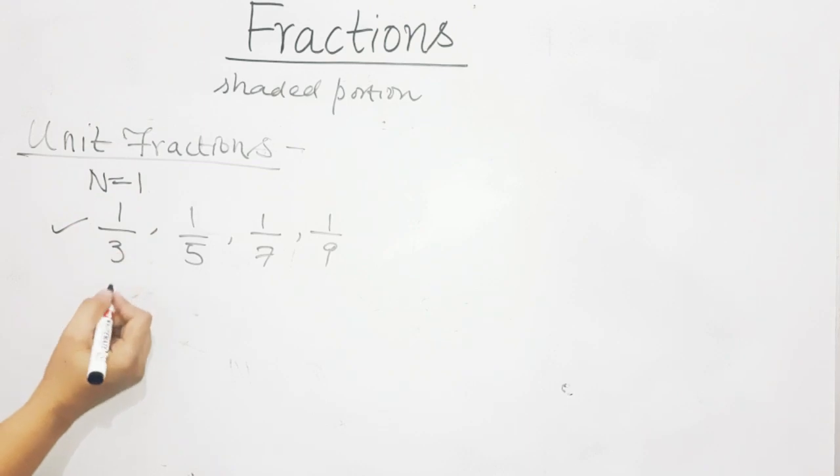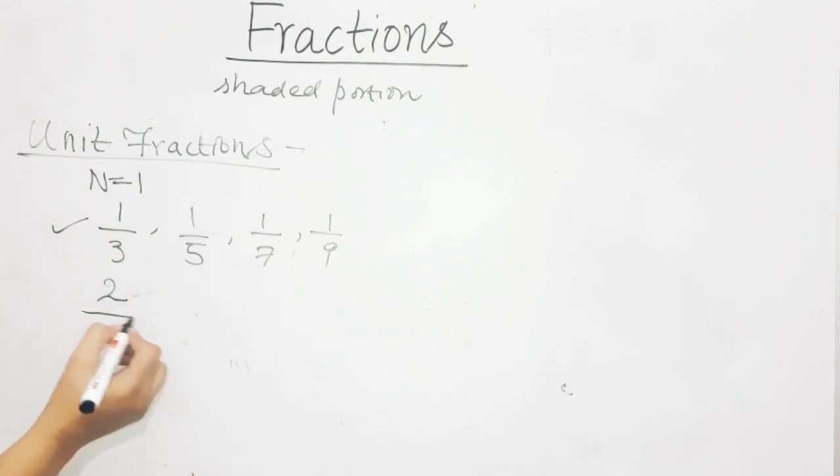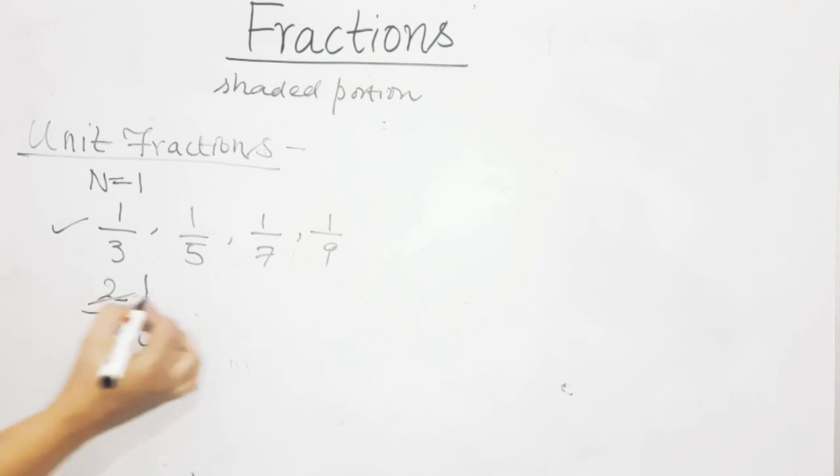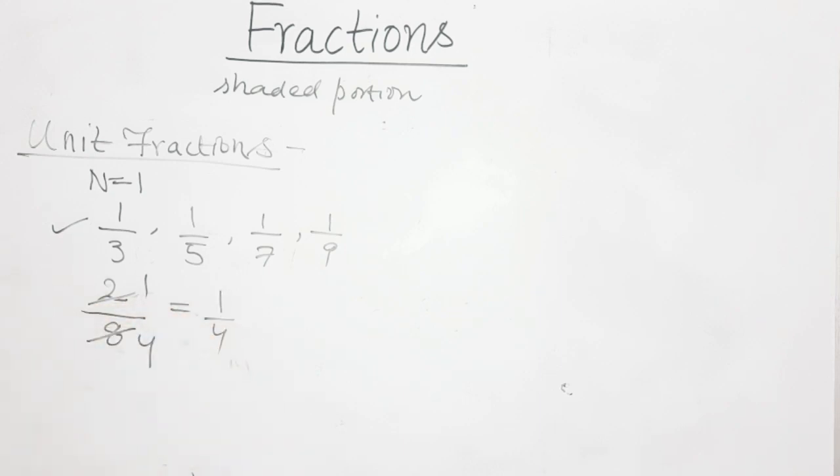After that also I am going to give you some examples where the numerator is 1. Now I have written 2 upon 8. Here the numerator is not 1. But when I simplify it, 2 ones are 2, 2 fours are 8. Now is it 1? Yes, it is definitely 1. So any fraction which has 1 as the numerator, or after simplification the numerator is 1, is considered to be a unit fraction.